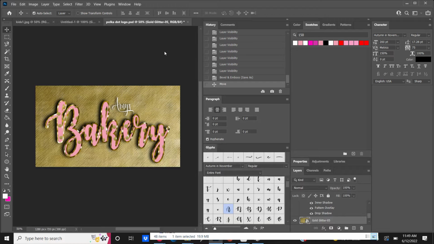Today I'm going to show you guys how to create this pink and gold polka dotted pattern text using the Define Pattern tool. This is a beginner's Photoshop tutorial, and hopefully by the end of this video you'll have a pretty good idea of how to use the Define Pattern tool to create your own pattern and use them in